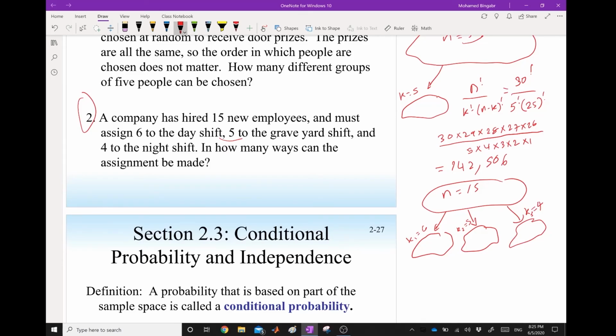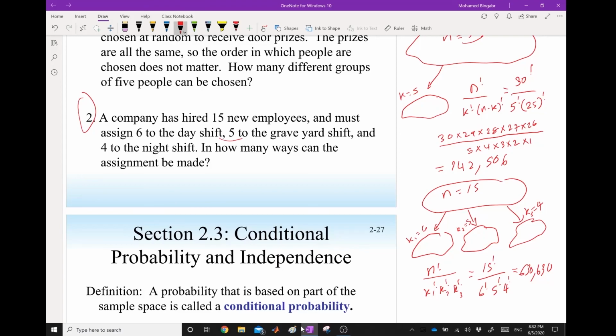So how many ways can I arrange it? Well, we're going to use this equation: n factorial over k1 factorial, k2 factorial, k3 factorial. So that will be 15 factorial divided by 6 factorial, 5 factorial, 4 factorial. And this will equal